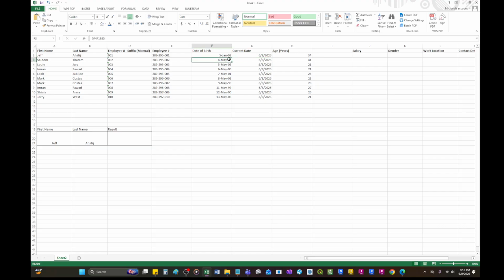Okay, this is what I did. For the date of birth, what we would like to do is that when we enter the date of birth, automatically the age will come here in years. But the problem here, if there's a date existing, it's working properly. However, if there's no value, it will become 126 by default. So we do not want that.